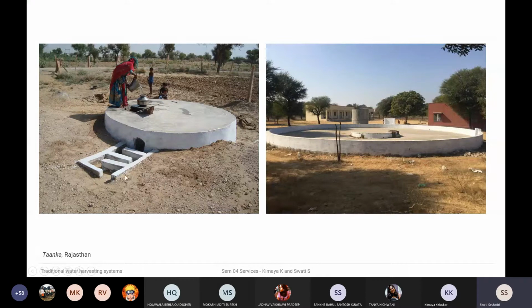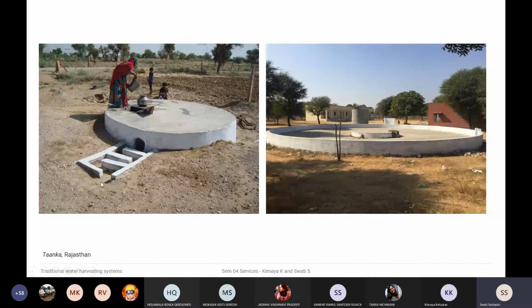But the interesting part of this structure is also this portion. Today we call these silt traps, which we try to include just before any tank, if it's going to be used for potable water. There will always be something like a silt trap, which will make sure that the water is cleaned of any oils or any particles that have been collected on the way.